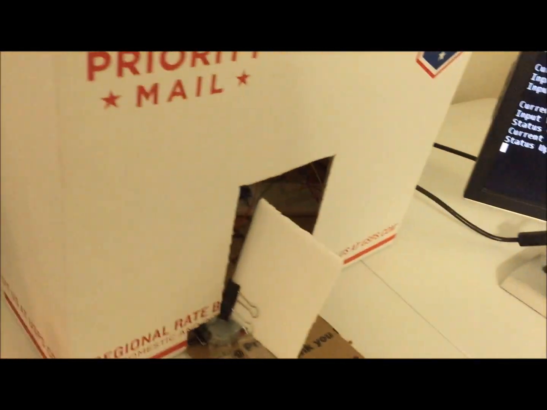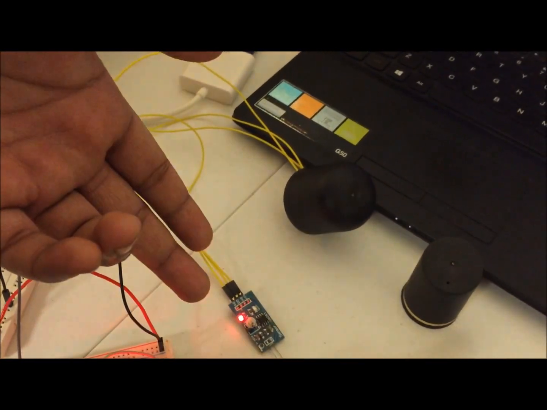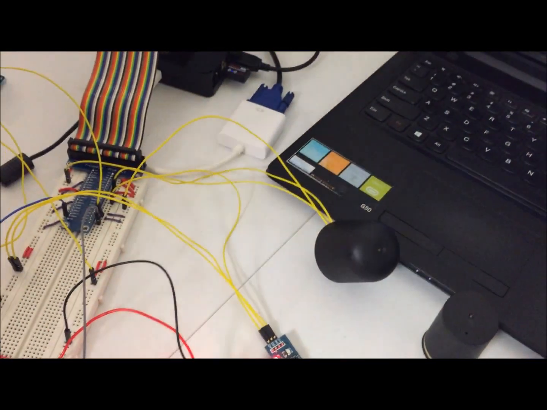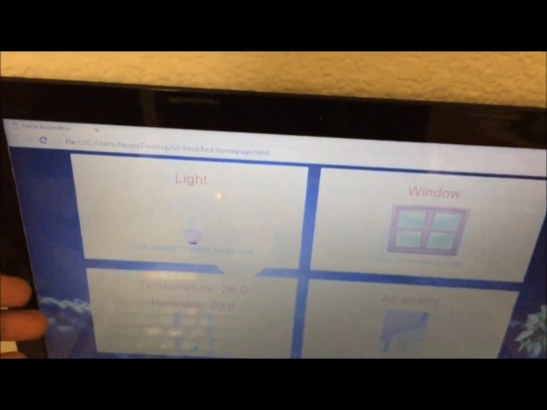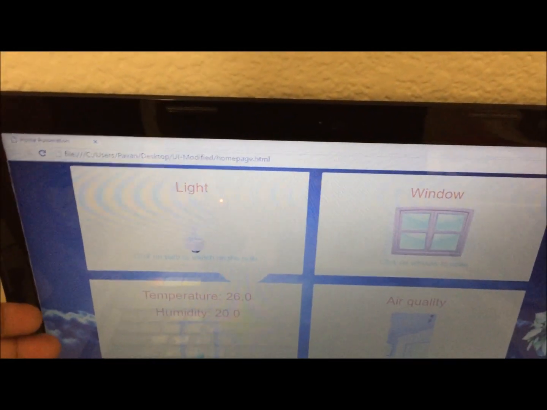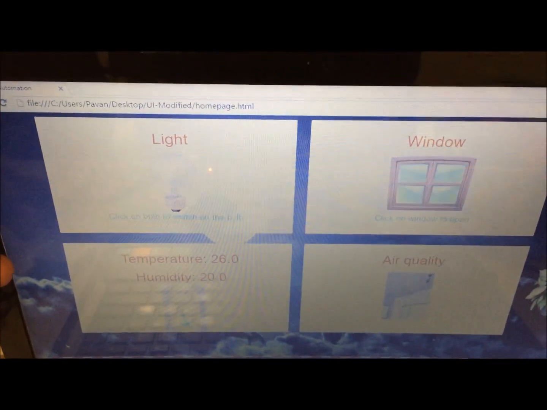So when I switch off the light, you can see that the light is again back to no light, and for the user it will be showing a dark background, which represents the night kind of image.